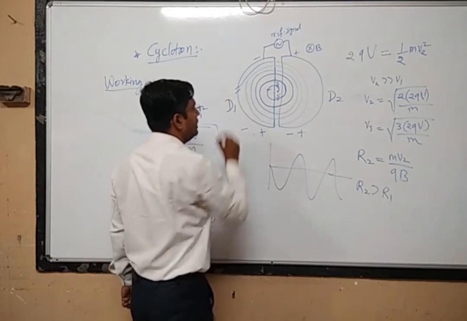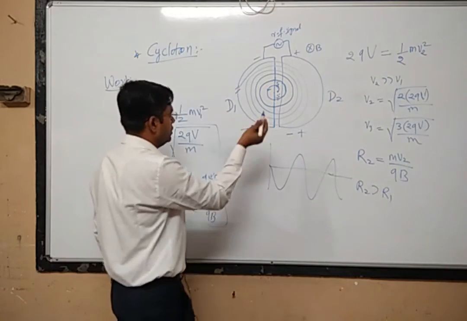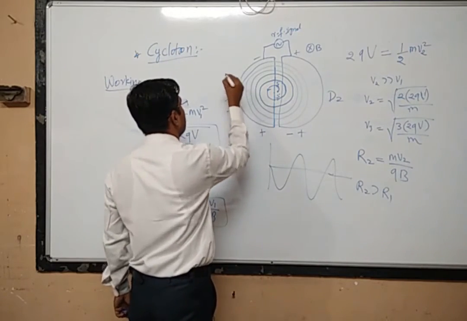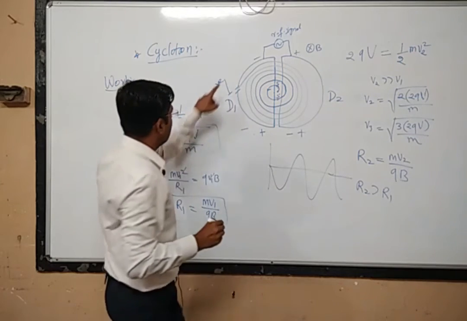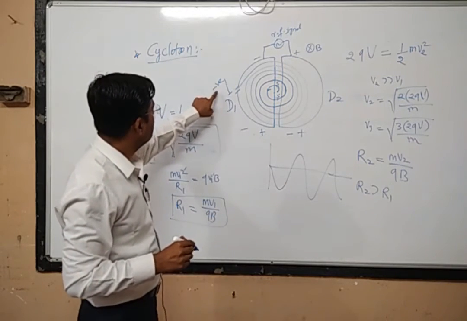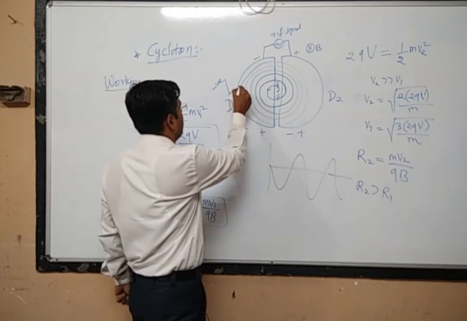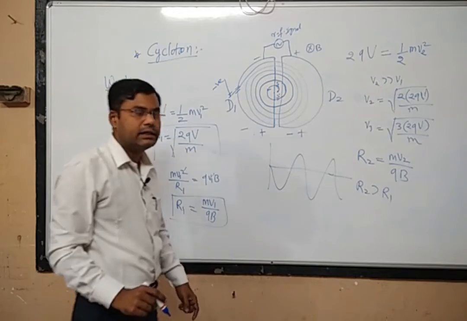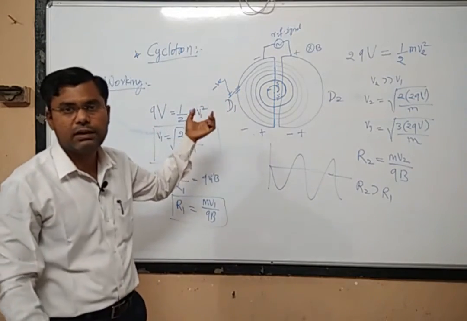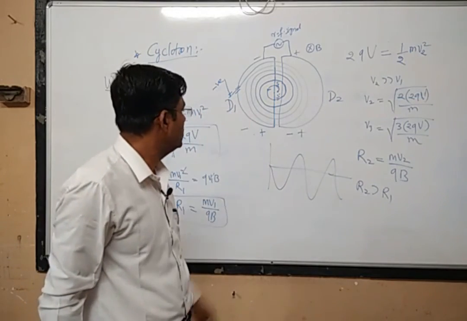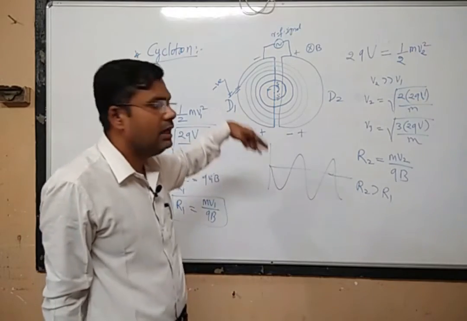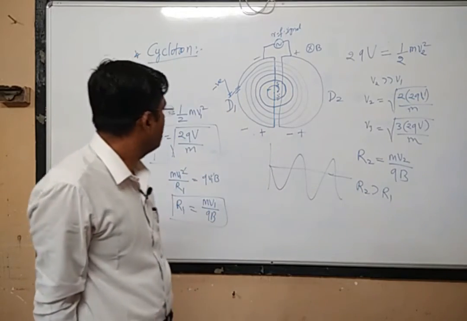And finally, after complete rotation, you can have one opening over here in D1 or D2. Okay, and you can situate one electrode and apply negative potential onto that electrode. So the charged particle will be collected here, and this charged particle can be used to bombard any particular nucleus or any particular substance. Okay, so this is the way in which the cyclotron will work, right?